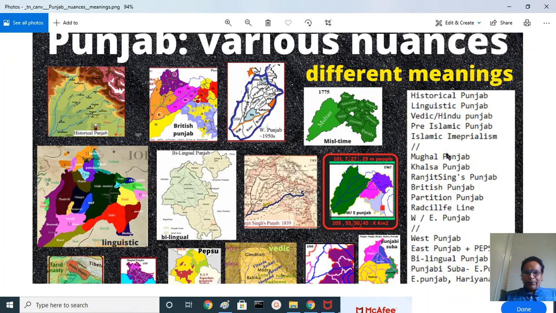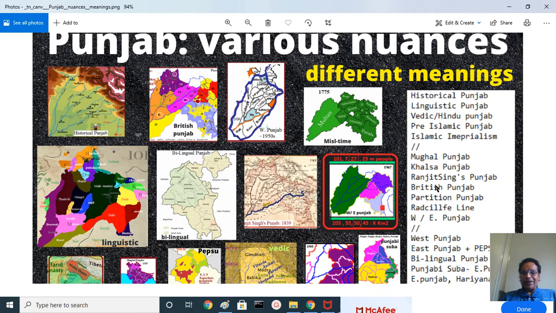Then the collapse of the Mughal regime and the struggle for power by various misls, pre-Khalsa Punjab, then the rise of Khalsa Raj in Punjab and consolidation of various Cis-Sutlej misls and predominantly Trans-Sutlej misls by Sukarchakia, that is Gujranwaliya Misldar, Maharaja Ranjit Singh. Then the first and second Anglo-Sikh Wars, and in 1849, Ranjit Singh's Khalsa Punjab was annexed by the British